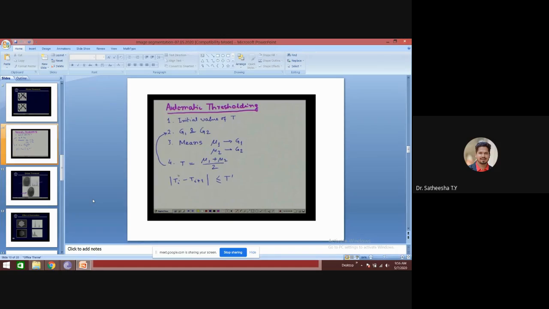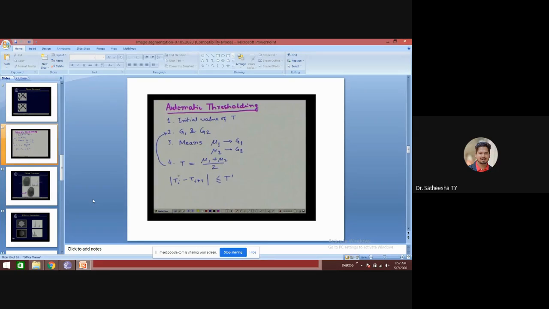When we segment the image using this initial value of threshold, the segment operation will partition our histogram into two partitions, or the image will be divided into two groups of pixels.